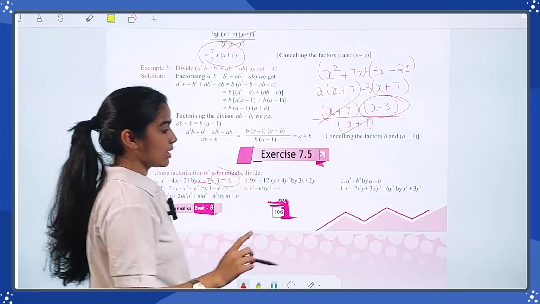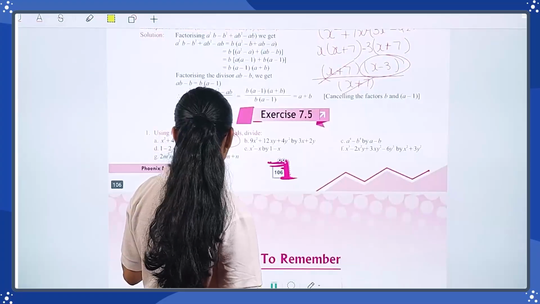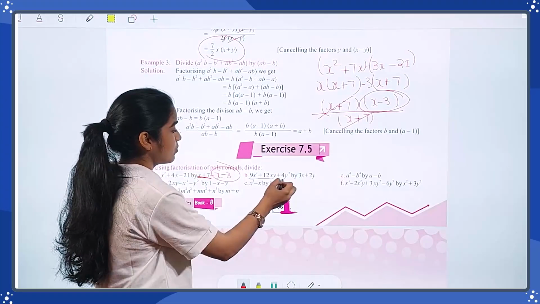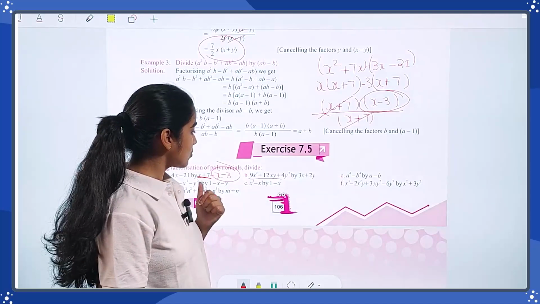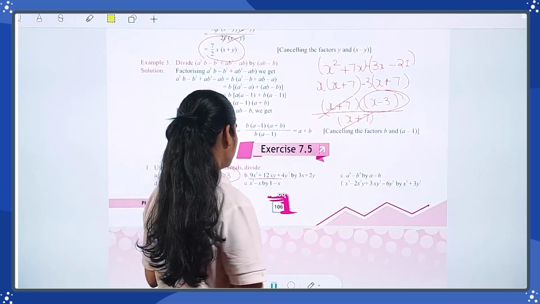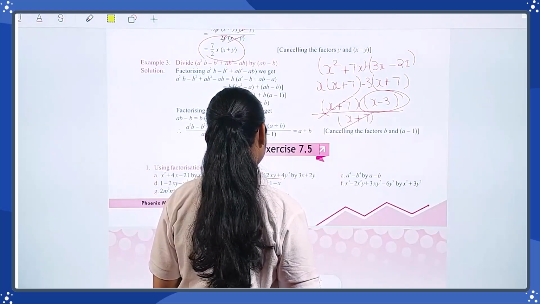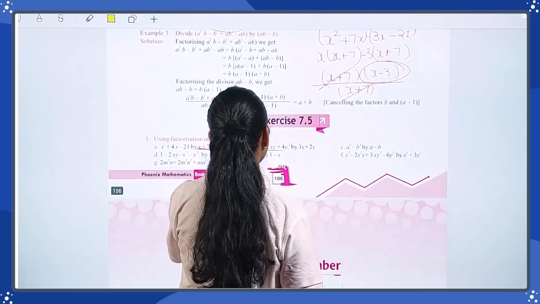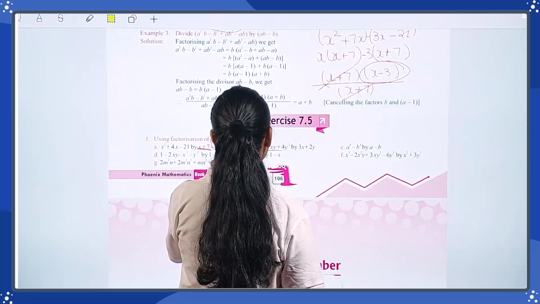Okay, one more question I have to solve for you. After that, you have to solve each and every question. Now this term is very easy. You need numbers that add to 12 and multiply to 4. So 6 multiplied by 2, it's not possible. 9x square, 4y square, 12xy.